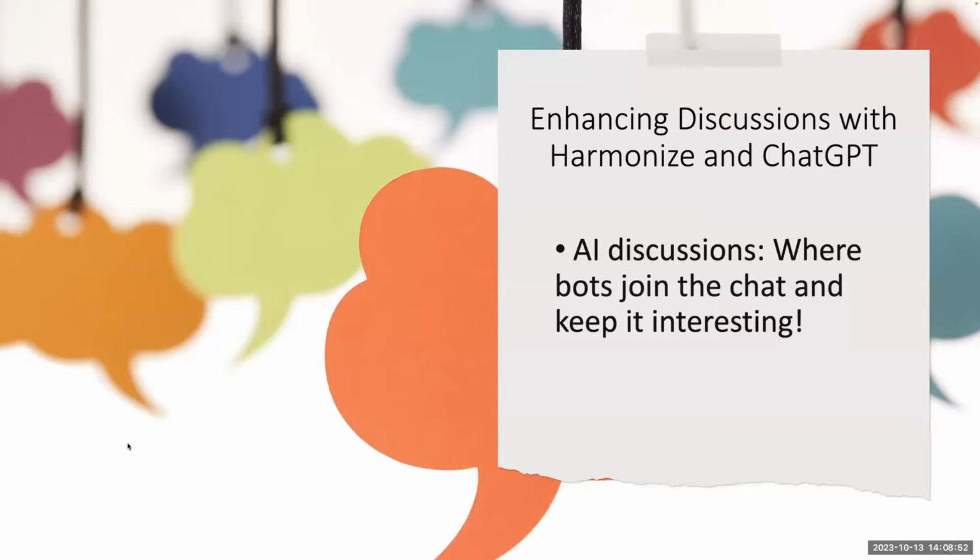And I do want to talk about a couple of built-in, they call them LTIs, but I just like to call them apps inside Canvas that you have access to that already have AI integrated into them. So if you use Harmonize, and I can do a quick demo of how to make a Harmonize discussion in Canvas, it'll help you compose your discussion prompts and stuff.